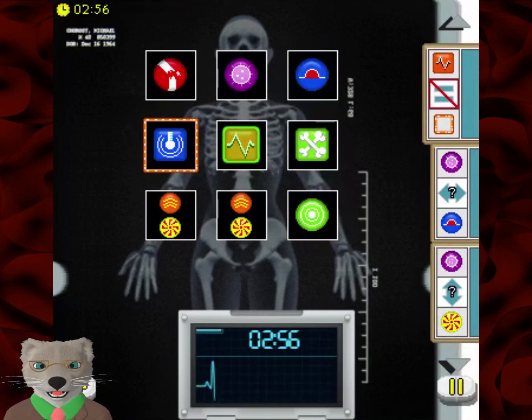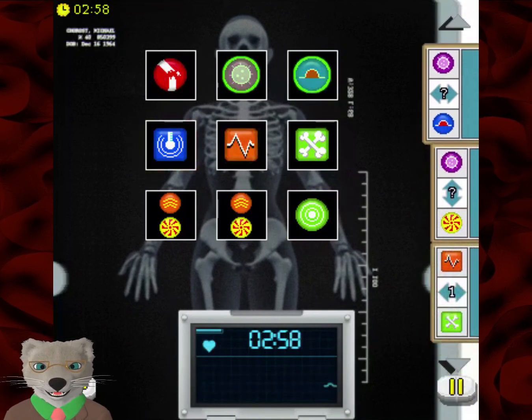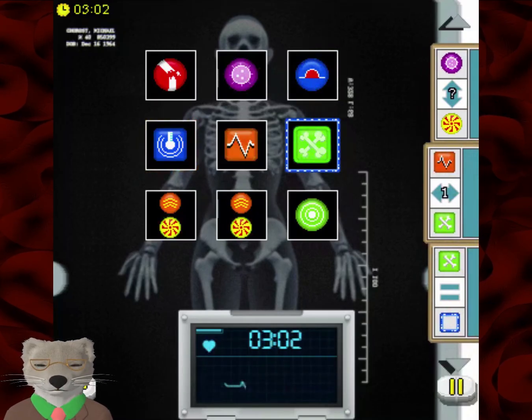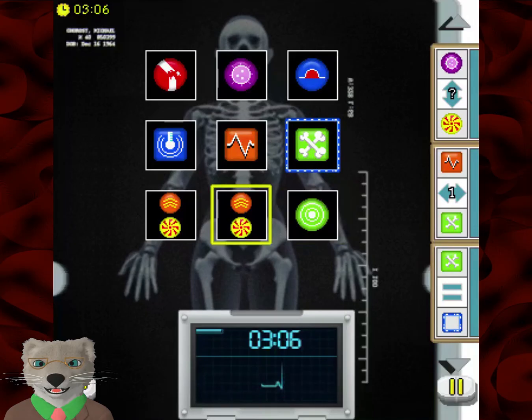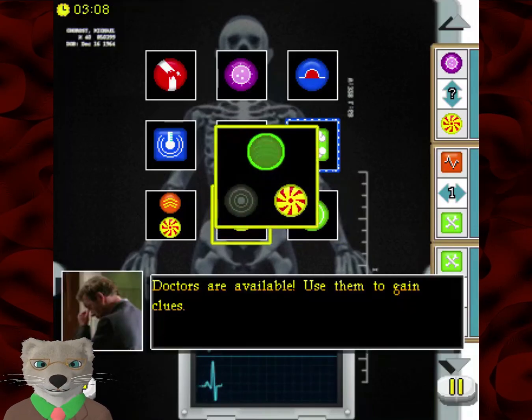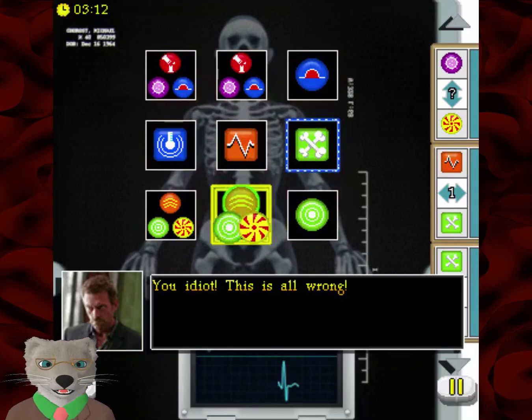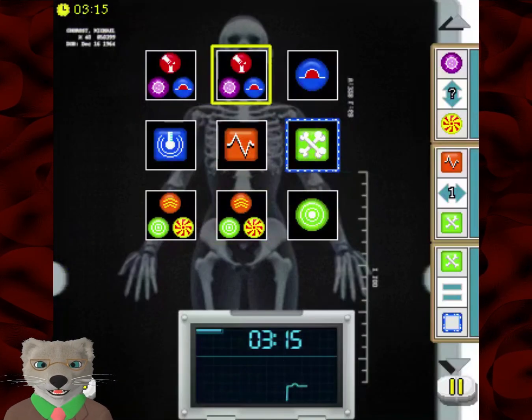Okay, so I can remove these once they've been done, I guess. Purple thing... Oh, there's a question mark, so it's not necessarily one round above. It could be multiple. You idiot, this is all wrong. But I know that